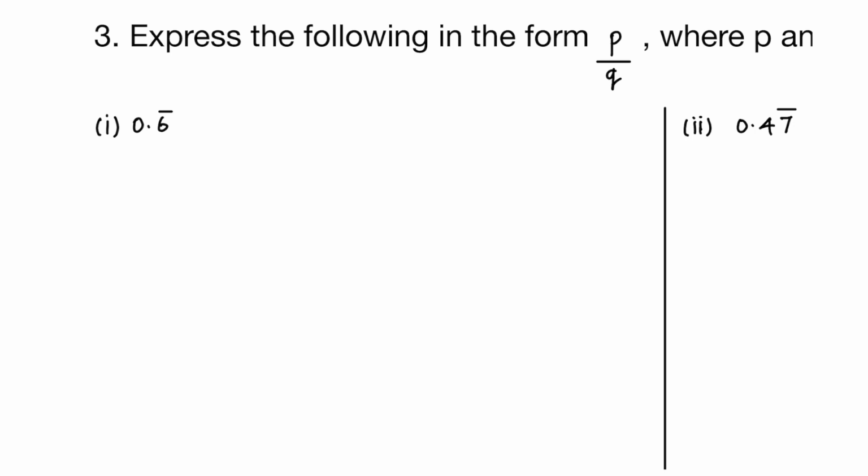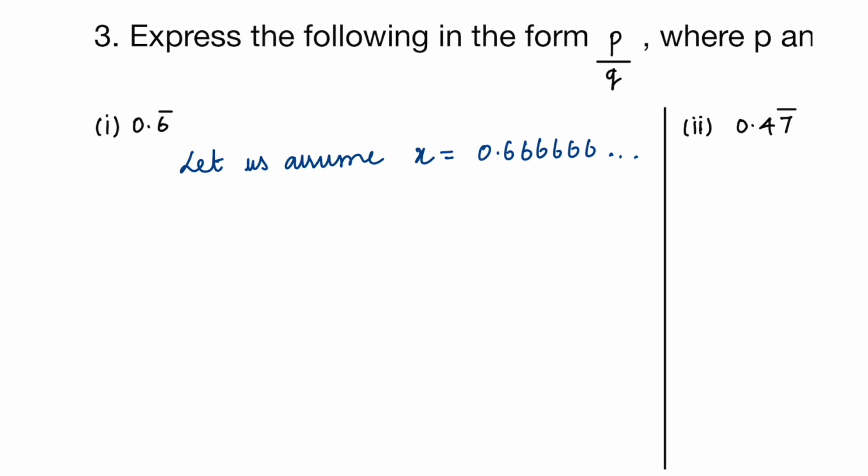0.6 bar, right? Okay, now as usual we are going to start by saying let us assume x is equal to 0.6 bar. So that is basically 0.6666, right? That is what we have expressed as 0.6 bar. Now since that is only one digit repeating, we know the procedure already. If you haven't seen the video yet, please go and watch that before watching this, because I've explained the process in detail there. Okay, now just using that process, since there is only one digit repeating, which is 6 repeating,